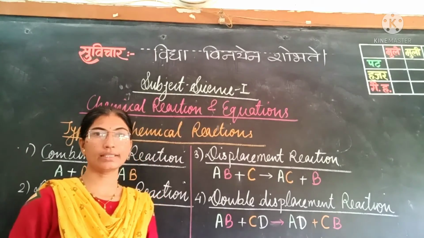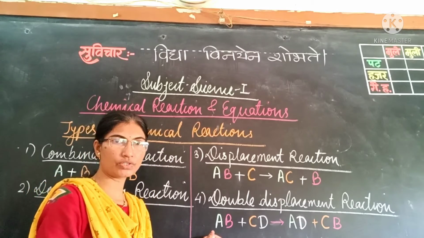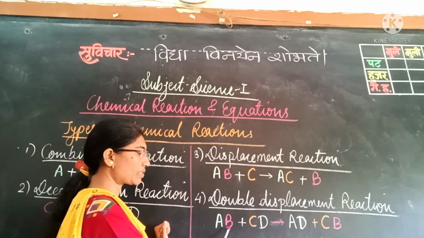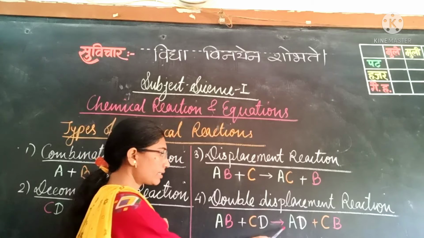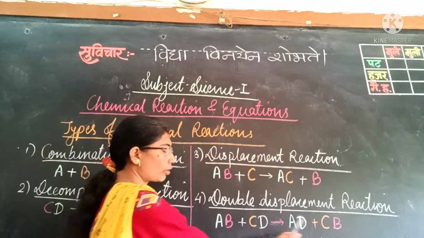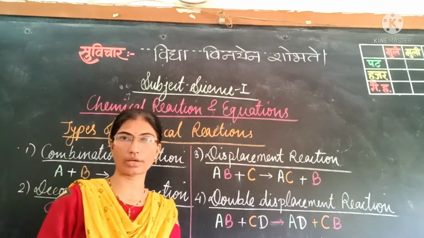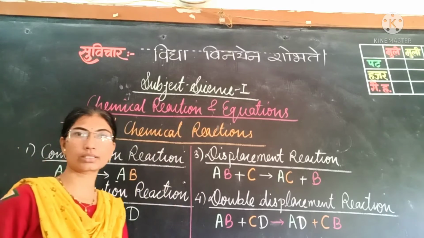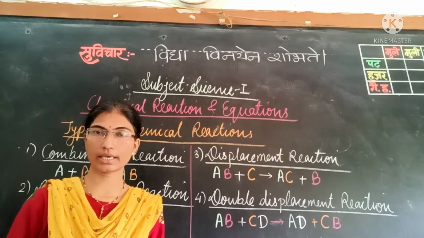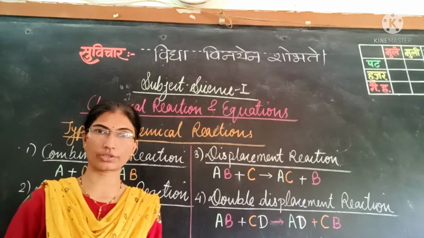Now students, let's see the next chemical reaction, that is the double displacement reaction. Let's see with the help of this equation. Here AB is combined with CD. What happens in double displacement? Only the elements get exchanged. Let's see how. A is going to react with D to form AD, and B and C are going to form BC. So the positions of the elements get exchanged in a double displacement reaction. So these are the various types of chemical reaction. Now with the help of the chart and various examples, let's study in detail what the various types of chemical reaction are.